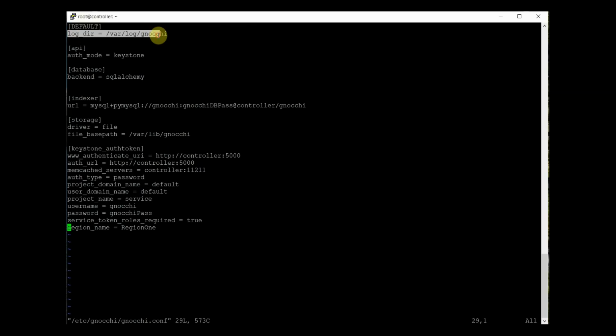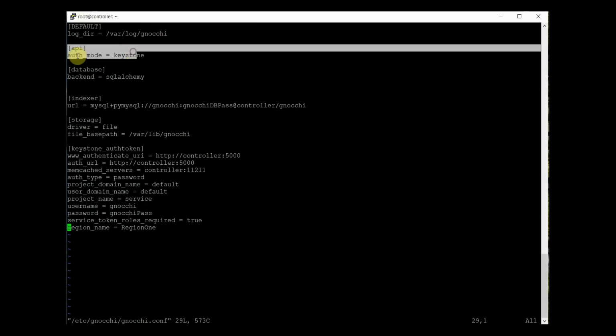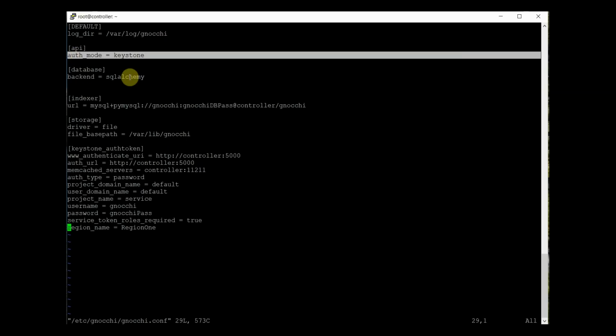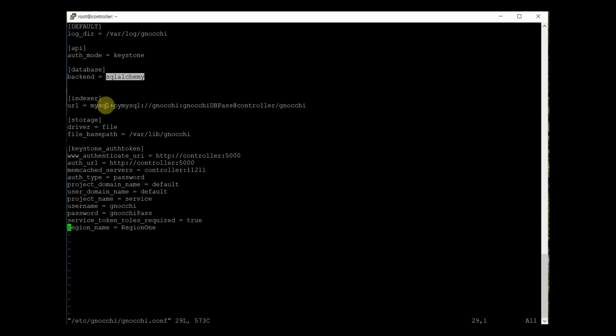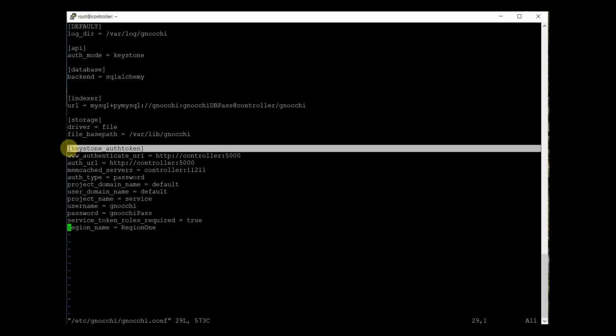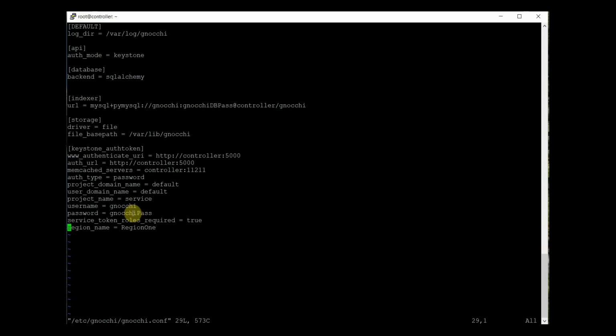It has the log directory, API, auth mode, and database URL with the username and password for the database which I created. Then the file base path, the keystone auth token, and the password for the service which I created. I specified these credentials in this file.